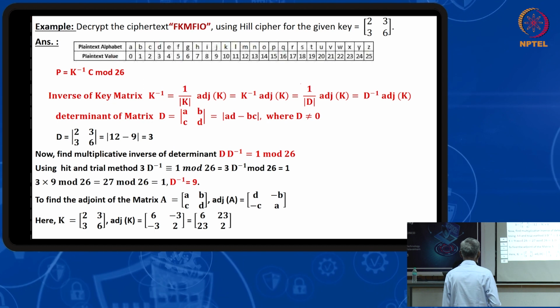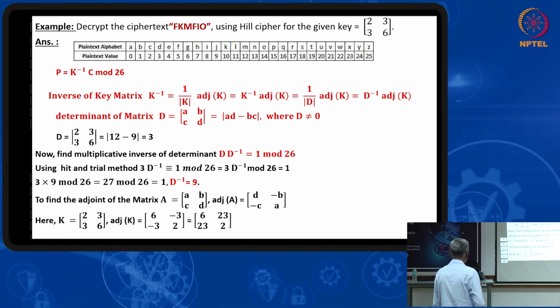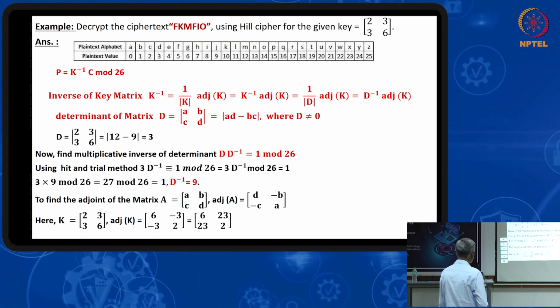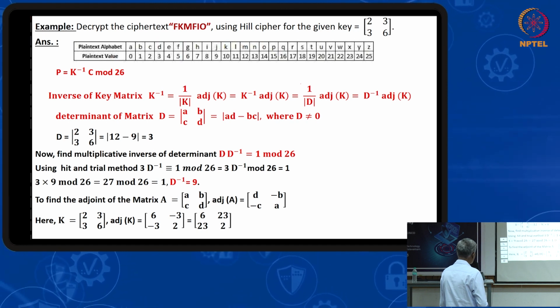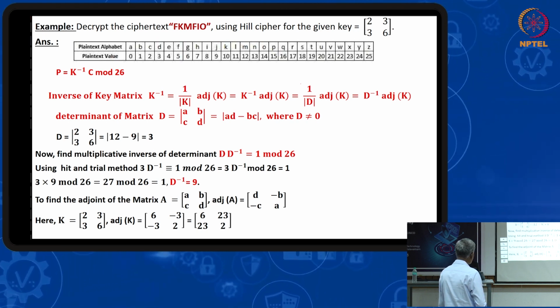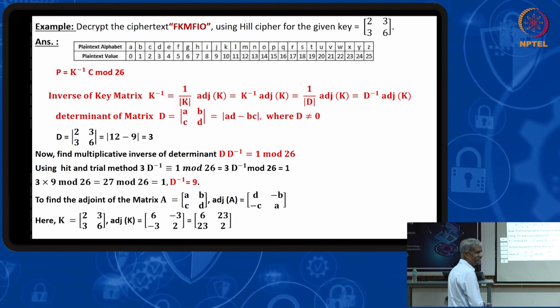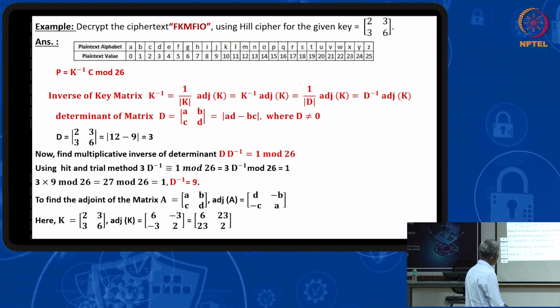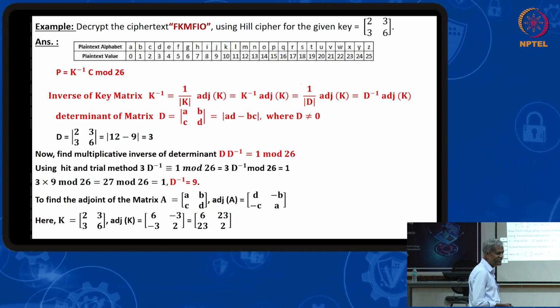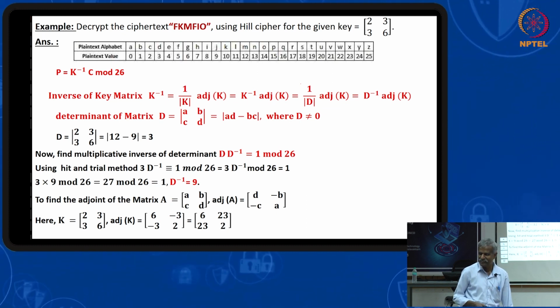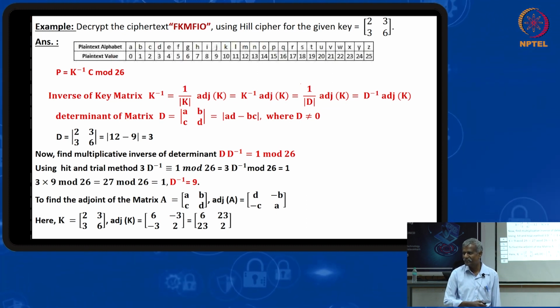So we found 9. To find the adjoint of the matrix [A B; C D], they are giving a simple form. For D and A you have to change the places. For C and B you have to change the sign. Through this you can also find the cofactors of everything, and if you find them and reach the result, it will come like this only.